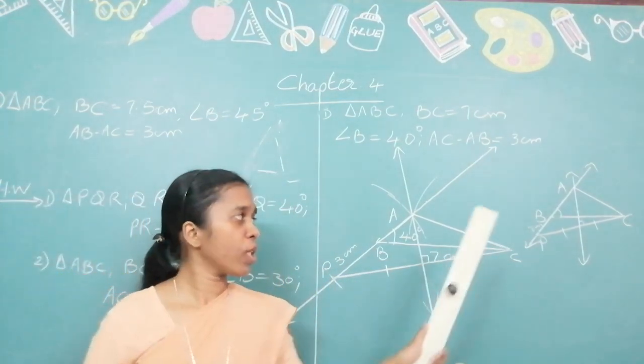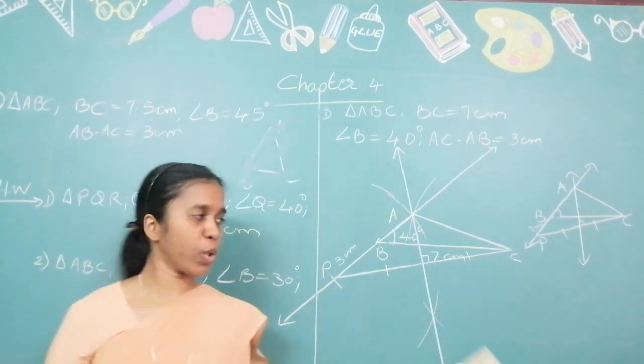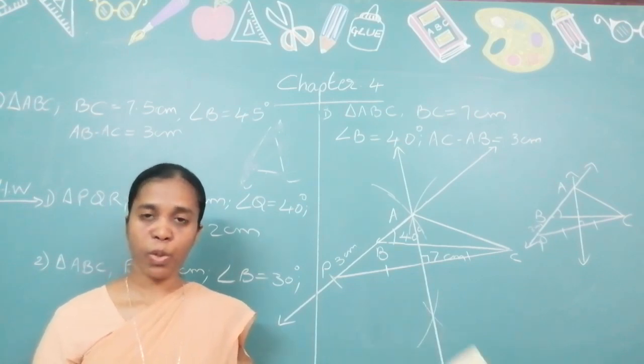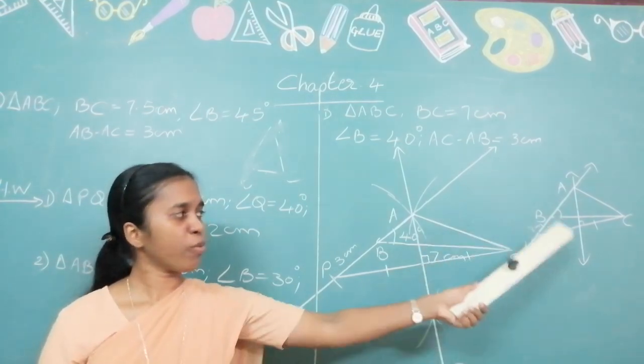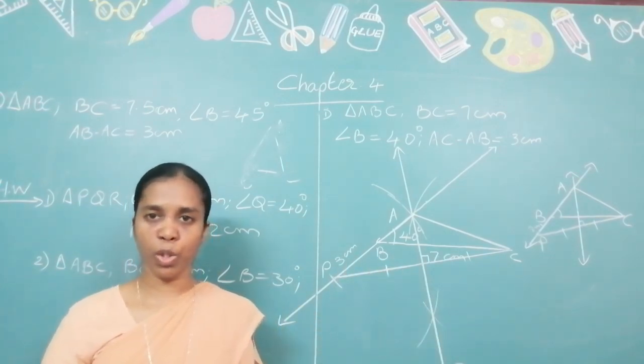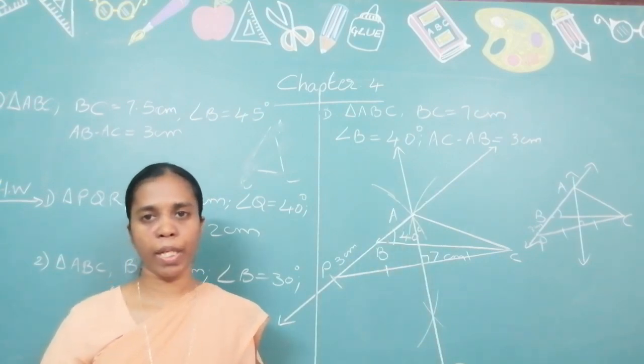We have to always draw the rough diagram. Why I did not draw it over here, I wanted to show you how the construction is going to be. Okay. Now you know how the construction will be. So you have to first draw the rough diagram, which means you have a rough idea how it is going to be. Then looking at the rough diagram, construct the main diagram.